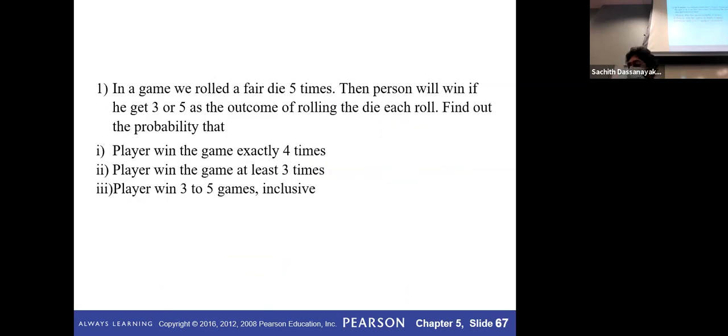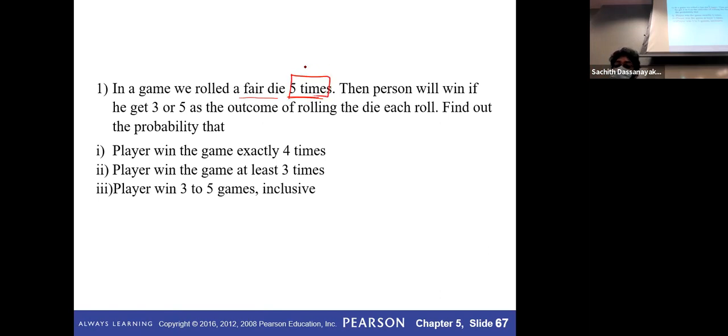Okay, let's try to do this example. We are rolling a fair die 5 times. In general, in this course we are considering an unbiased or fair coin, fair die, something like that, which means all occurrences have the same probability. Having a head equals having a tail at a time. They have the same probability, 1/2, right? That's why we use a fair die. So 5 times,